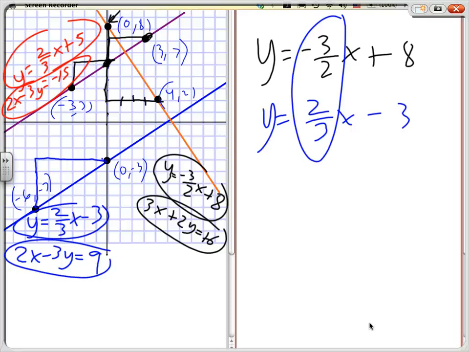So now, this is how we sum it up. For perpendicular lines,